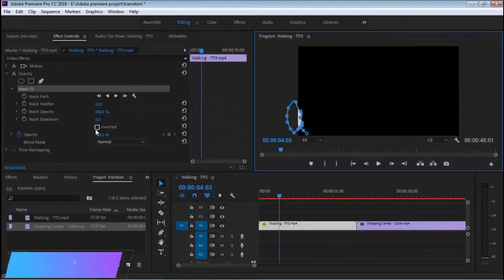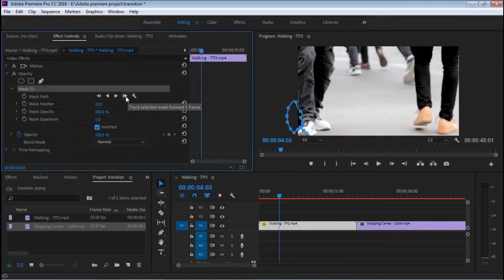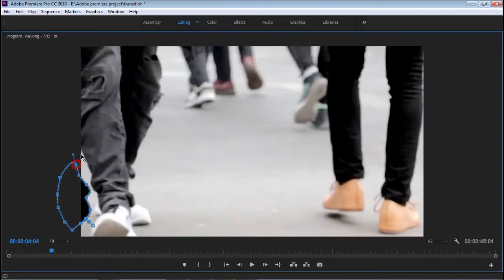So what we are going to do is create this inverted here, and just now let's do the keyframe. To do this, just move the selected mask forward one frame. Okay, if we do this, you see it will create the keyframe. You see the before keyframe and the next keyframe. Okay, now we go and just remove and select